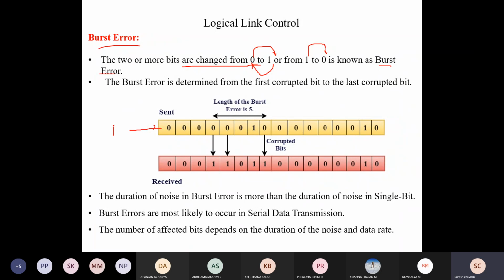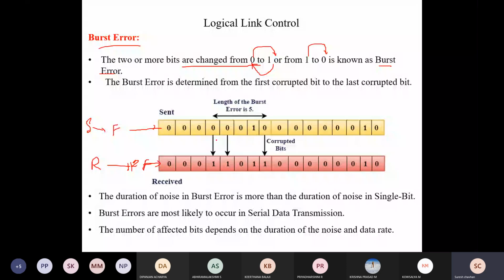This is the complete one frame, and the source is sending. So this is the frame, and this frame is sent by the source, right? And this is the guy who is receiving, and this is the frame it has received, or you can say right here. I'm very bad at writing in the slides. So here you can easily see that the data which the sender has sent, and the data or the frame which is received by the receiver,